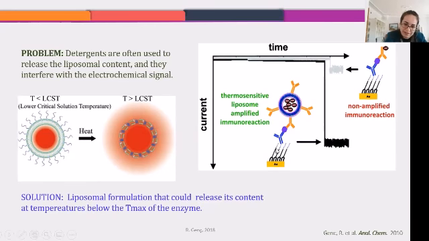These detergents, surfactants, attach to this surface, and they interfere with the signal. Instead of getting this tiny background, you may have a background from here, so your signal is diminished by the background signal. So the use of detergents was not acceptable for immunosensors. I had to find a way to open up these liposomes.